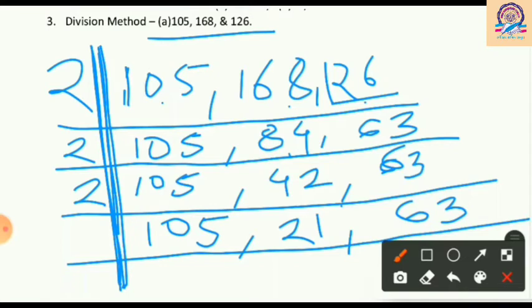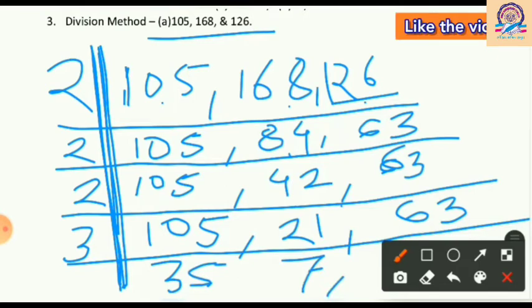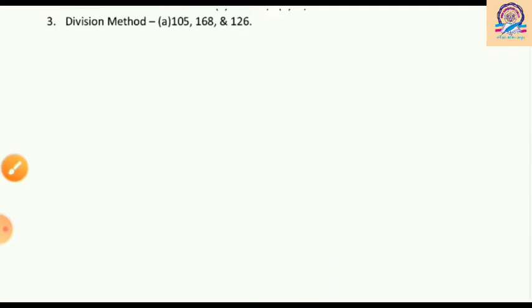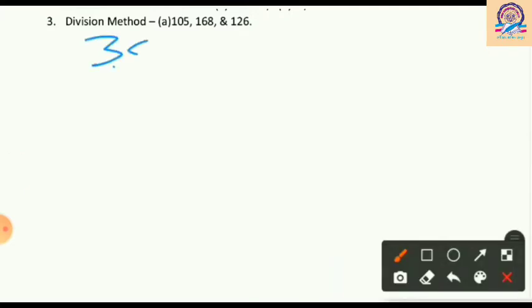So which number can divide? 3 can divide. Yes, so here 3 3 ja 9 and 3 5 ja 15. I got 35. Now 3 7 ja 21. Then next is 3 2 ja 6 and 3 1 ja 3, 21. So now at last I got 35, 7 and 21. Okay, let me erase it and write here once again. So the numbers were 35, 7 and 21, I think.